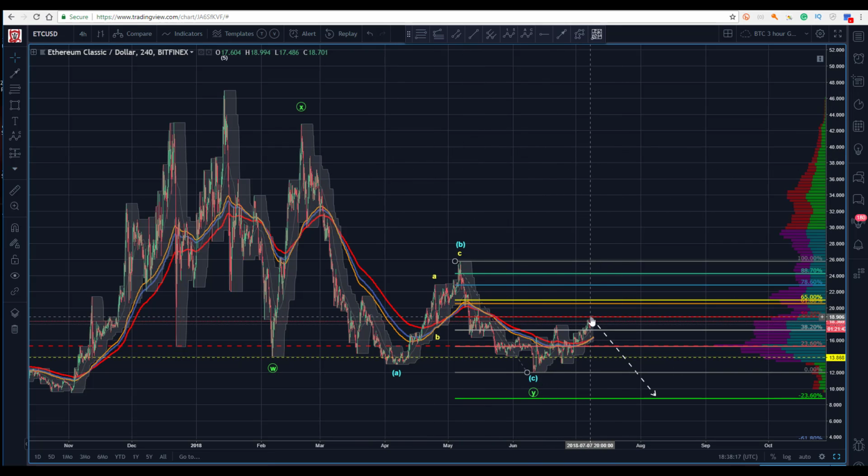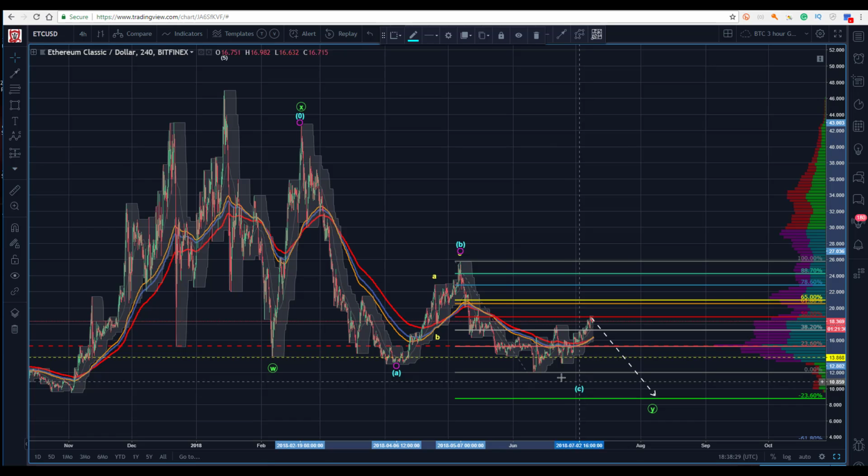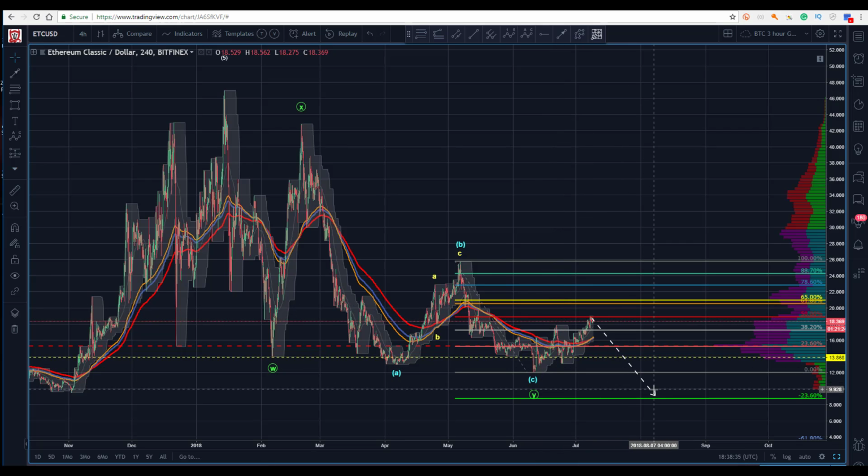And so we've got to recognize that that's a very real possibility that we're going down one more time. And what would that mean? That would mean this has to get relabeled, so we'd end up with the Y wave down here. Maybe the C is not done, and we'd be way down here at $9. I'm not ready to go there yet, but I acknowledge that that's a potential target for us,